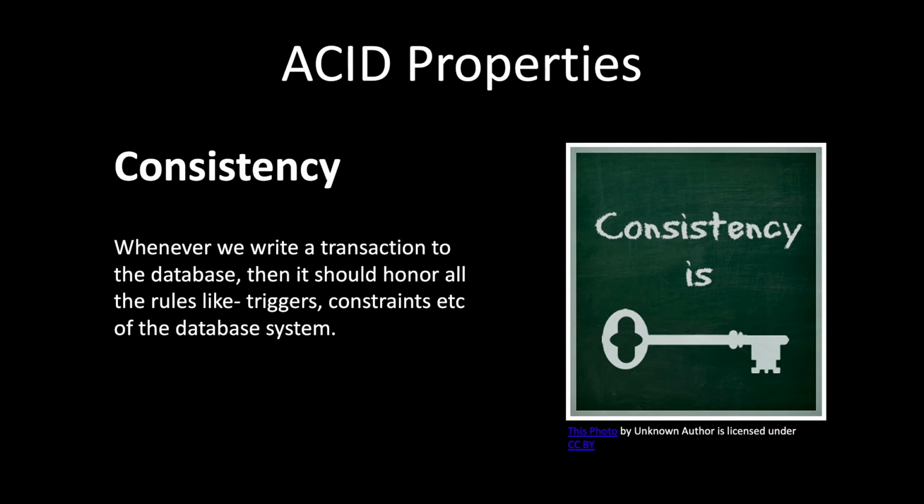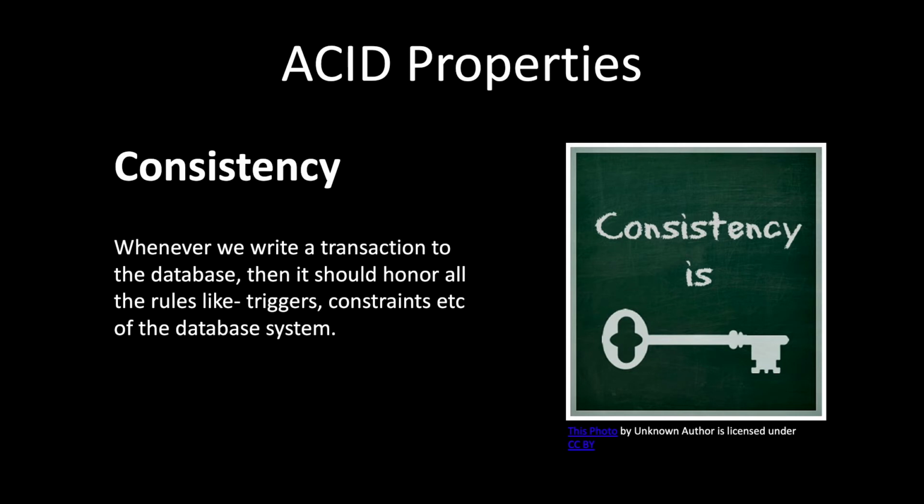For example, let's say you have a constraint that account balance cannot be less than zero. If we are trying to deduct some money from somebody's account and the account balance is going less than zero, the transaction should fail, as it is not allowed. Or, for example, if age should not be a negative number and somebody is trying to do that, that constraint will come up